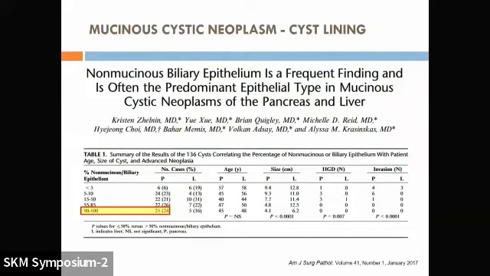However, this is a paper that was published a few years ago out of Emory, where they looked at 136 MCNs, both from pancreas and from liver. And if you note over here, a quarter of their cases had 90 to 100% of epithelium that was non-mucinous, which is a very important thing